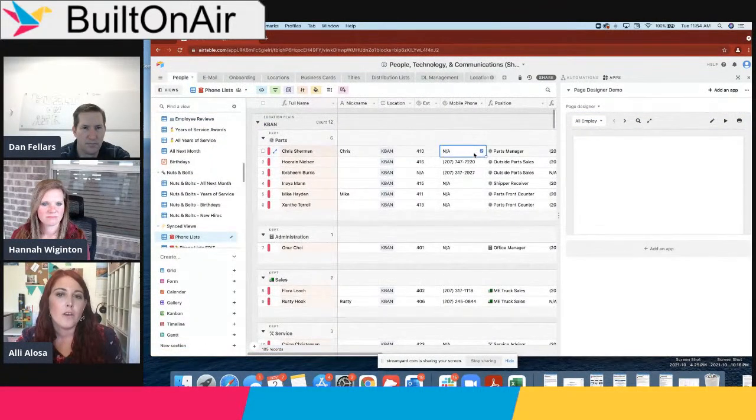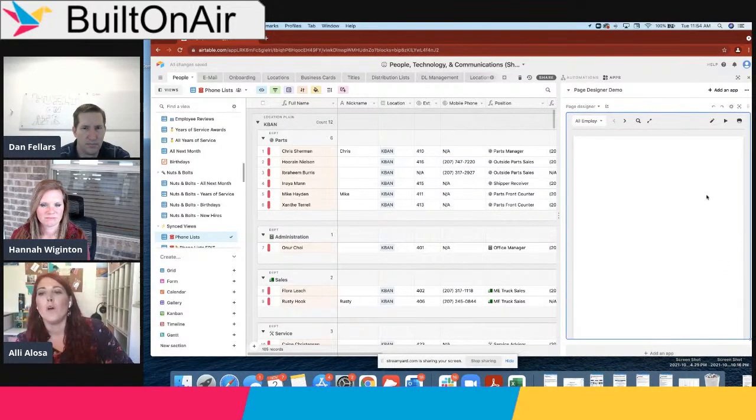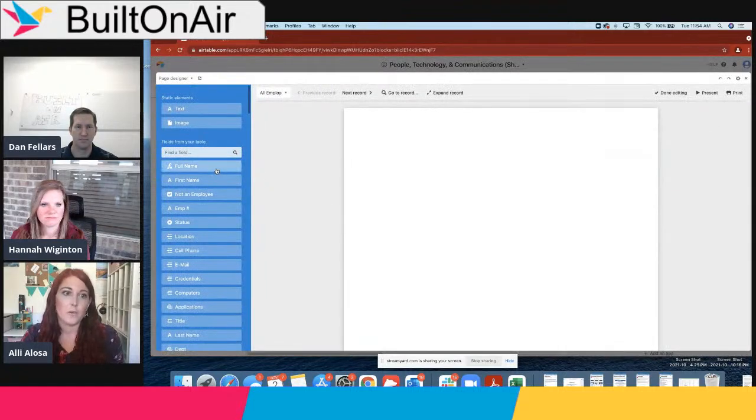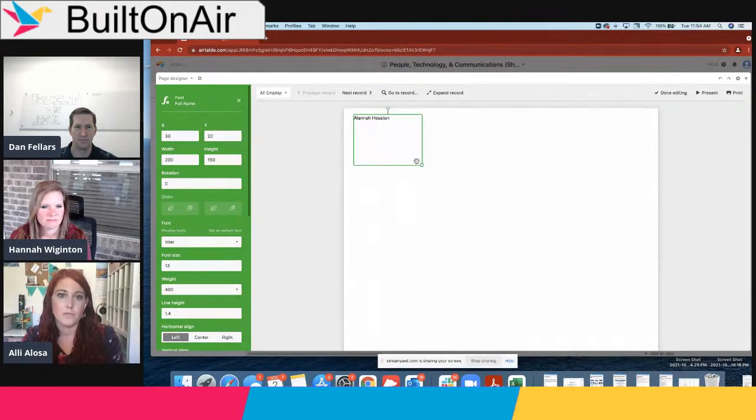And the biggest thing, the way I like to explain Page Designer to people, is that one page in Page Designer is always going to correspond with one record, so one record on a table. And the values that are in that record, or across that row or linked to it, can be used in a Page Designer page. So just to demonstrate that really quickly, if I drop in this full name field,